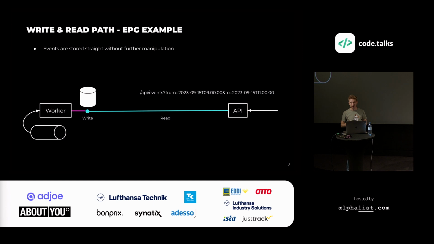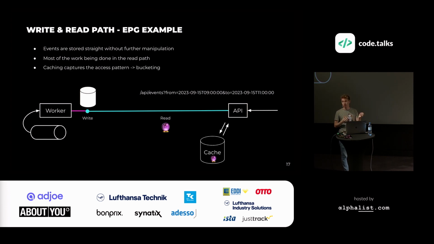A very simplified way of how this could be implemented is if you have an events API, where you send 2 parameters, from and to, with the timestamp, and the API returns all the events that are happening in that time frame. Here the events are stored straight without further manipulation, and you can see that the read path is very big and very expensive, because most of the work is being done in the read path, right? The query, the filtering of the data, going through the entries and filtering, is happening on the read path. And that's why we are caching it,